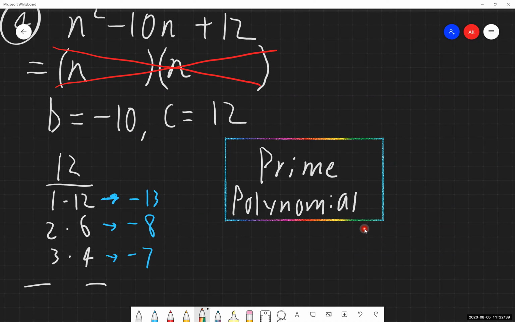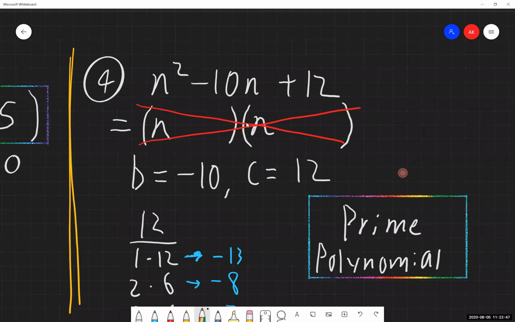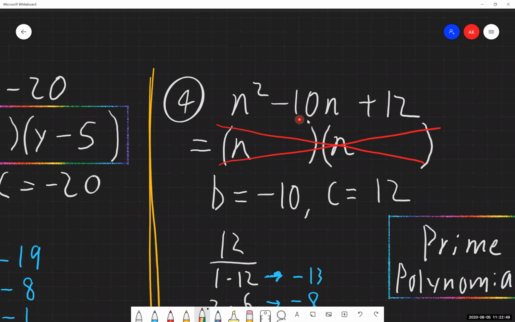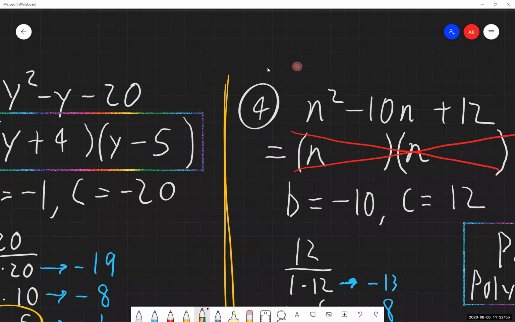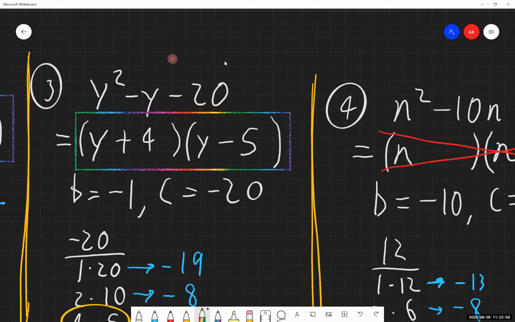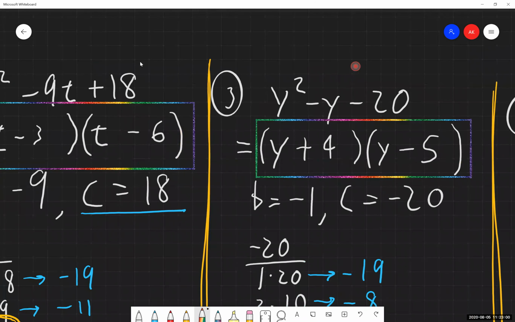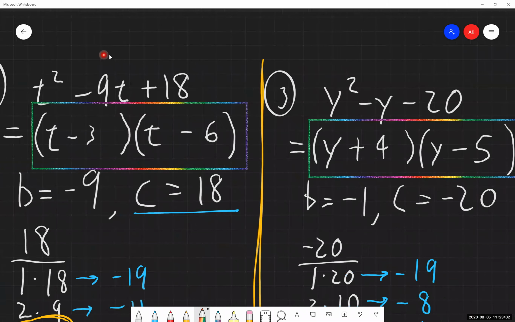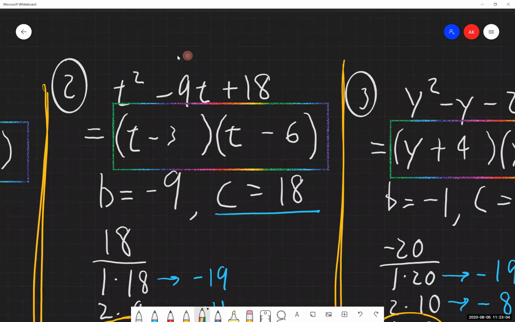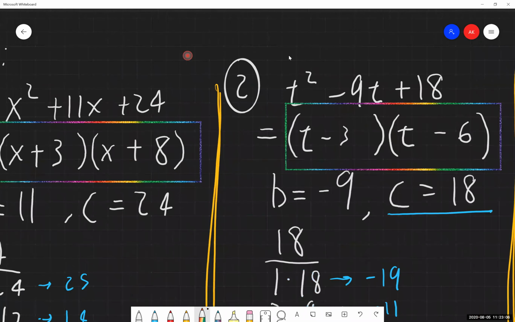So those are 4 examples that we have with working with trinomials of the form x squared plus bx plus c. So again, x squared plus a number times the variable, and just a constant at the end. So that same form for all of these. Again, the numbers might be different, the signs might be different, but the process is the exact same way we're going to go about solving it.